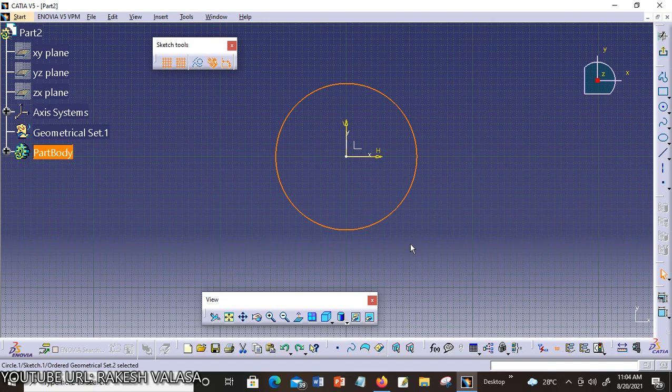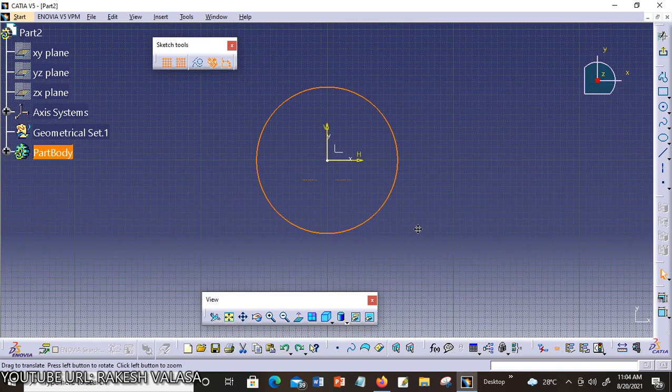Now let us discuss applying a contact constraint. The contact constraint is applied to modify the existing sketches in such a manner that they exhibit certain properties such as tangency, concentricity, and coincidence. For example, the contact constraint can be applied on two or more sketches to make them coincident, concentric, or tangent to each other. Now let's discuss the steps to apply a contact constraint to a circle to make it concentric to an ellipse.